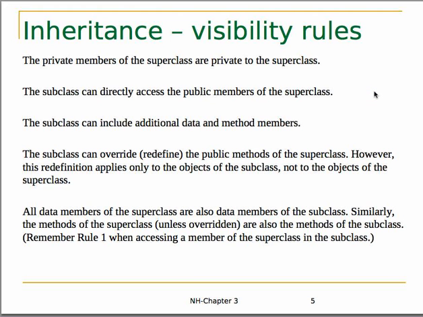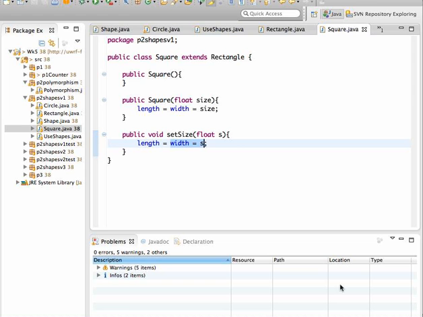So here are some rules about visibility. The private members of the superclass are private to the superclass. The subclass cannot see private members of the superclass. Now what does that mean? Basically that means in our example